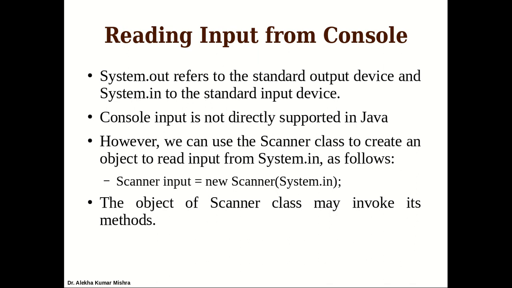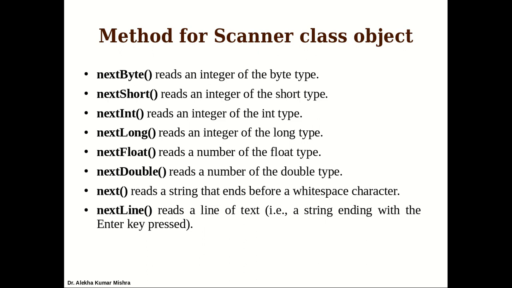Just like other object declarations, the standard declaration of the Scanner is something like this: Scanner input = new Scanner(System.in). We provide System.in because we want to associate this object input with the standard input device. Now using input and its built-in methods, which have already been defined in the Scanner class, we can take the input. Here is the list of methods defined in the Scanner class, and depending upon the type of input you want to take, you can use the corresponding method.